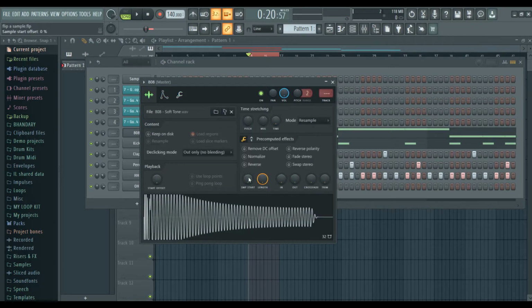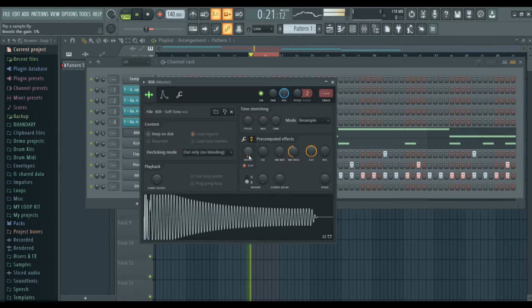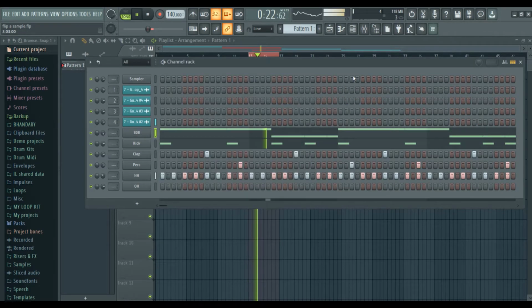So I'm tinkering around with the boost level over here. Okay, I think that's enough, and then the open hat.